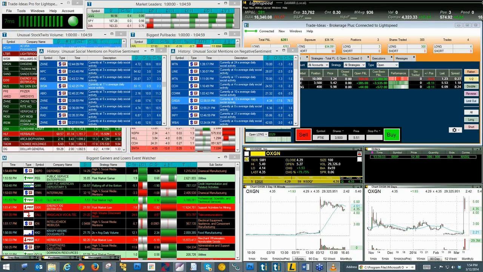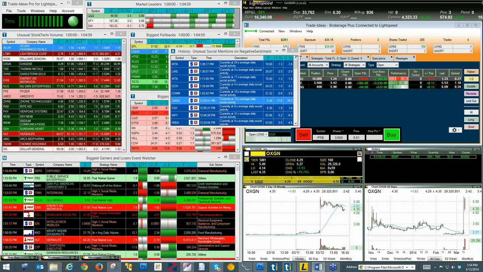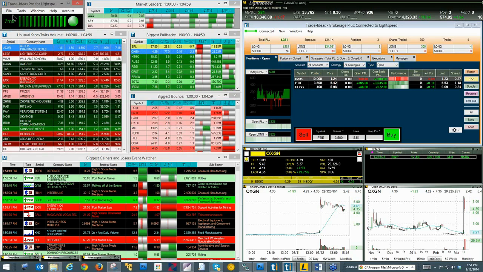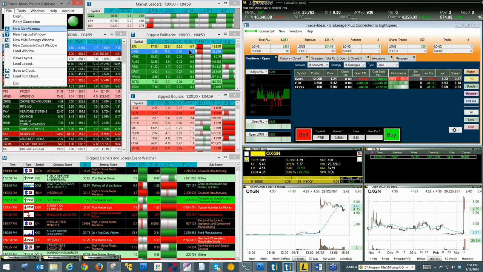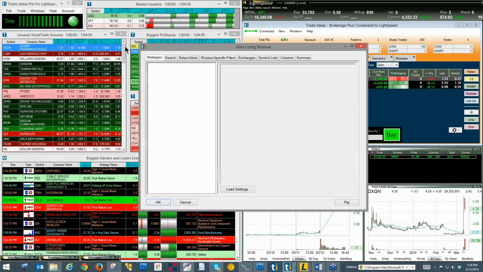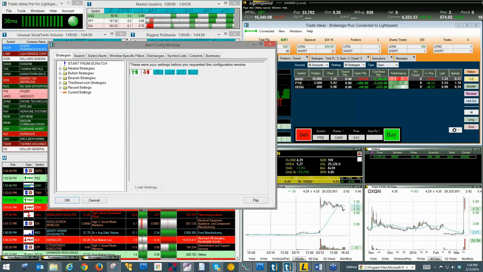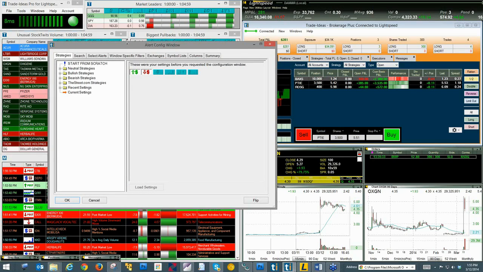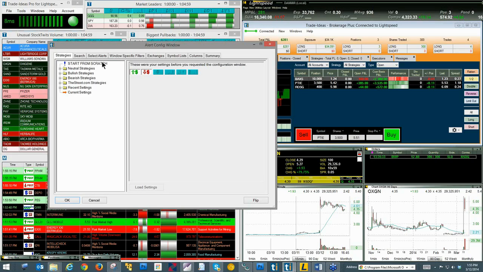All right, so I want to show you how to configure another window. Put some meat on the bone here, because this is kind of cool. So we're going to open up a new alert window, and like I said earlier, we keep all these statistical baselines on different time frames, and one of the things the software is really good at finding are unusual movements. And in this case, let's make a climactic up move,